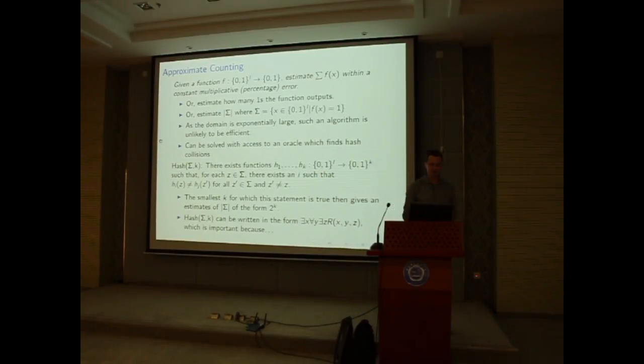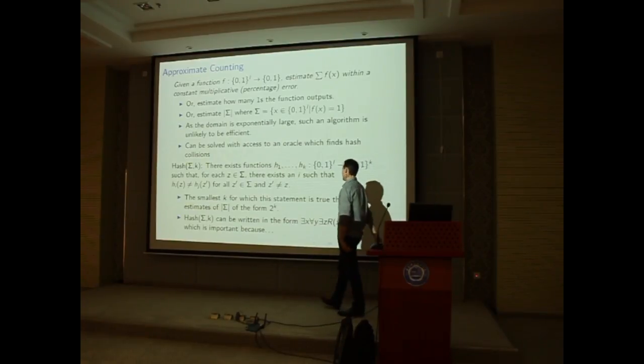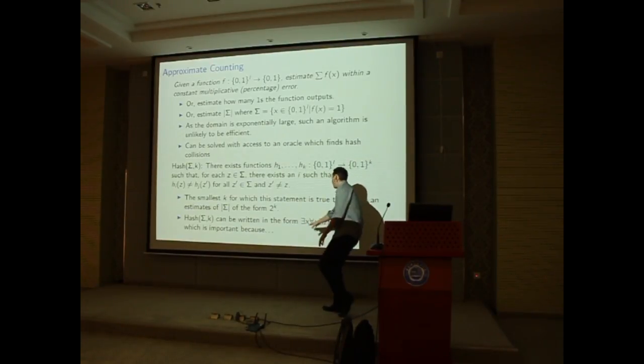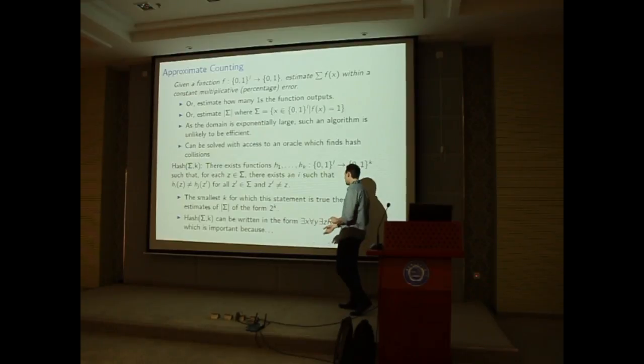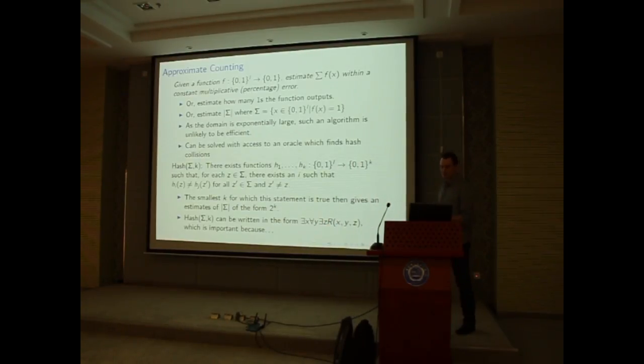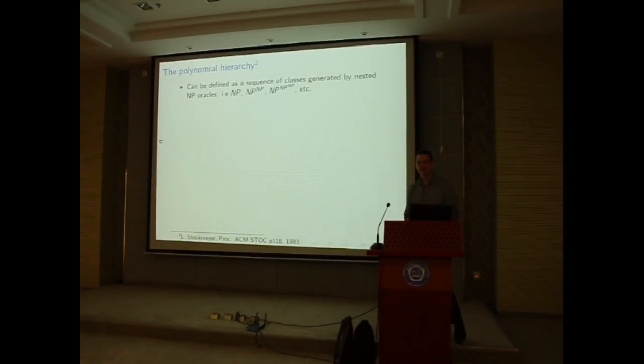All right, that sounds a bit crazy, it seems a bit weird, but what you can do is show it can be written in the form of these bounded predicates. So there exists an x for all y, there exists a z, and then some statement. And that's important because of this thing called the polynomial hierarchy, which